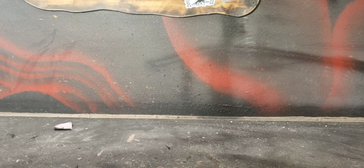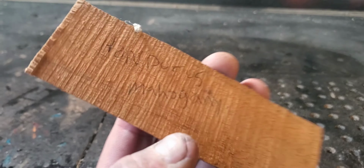Okay guys, since I got that cane done, I got some more time today. I'm going to be carving this mahogany. It is